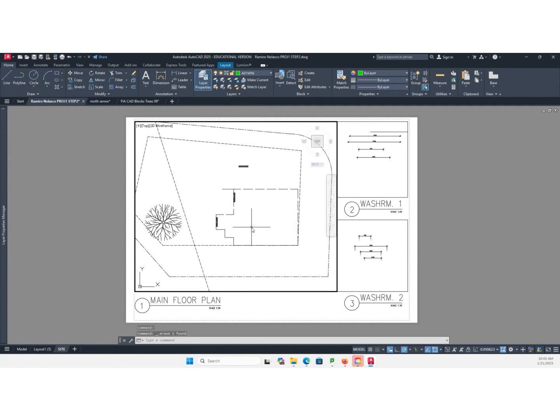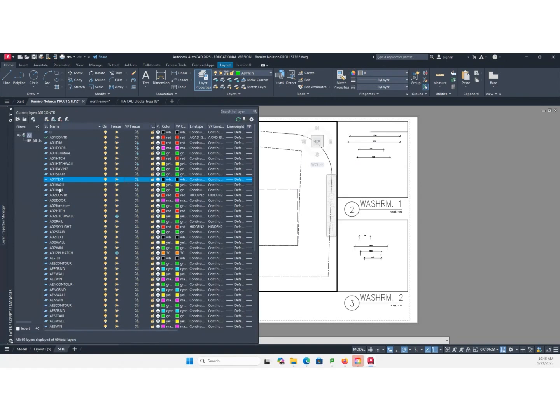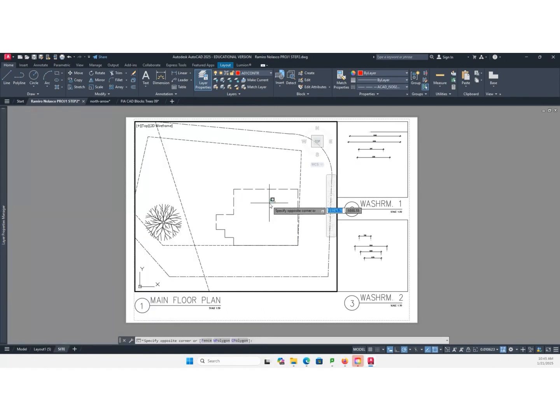I don't need that. Okay. And what is this? Window. A01 win. Turn off A01 win. Again, BP freeze. Okay. Use BP freeze. Okay. That will be my building footprint.